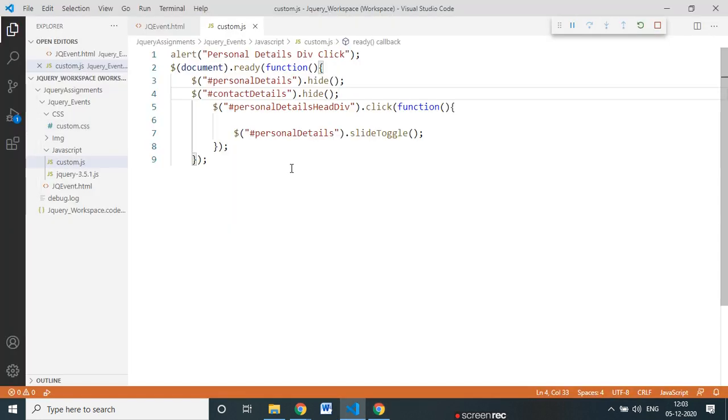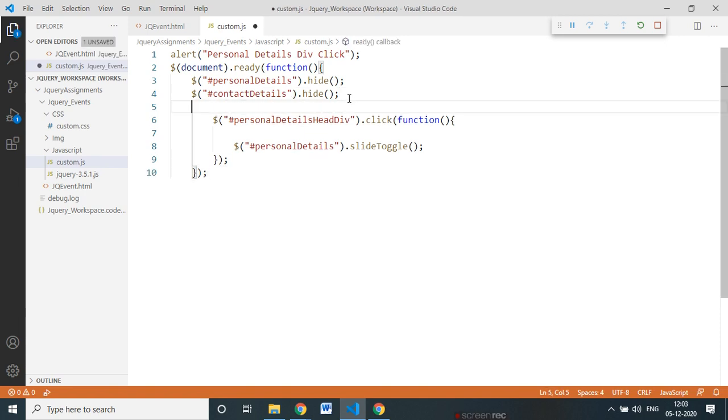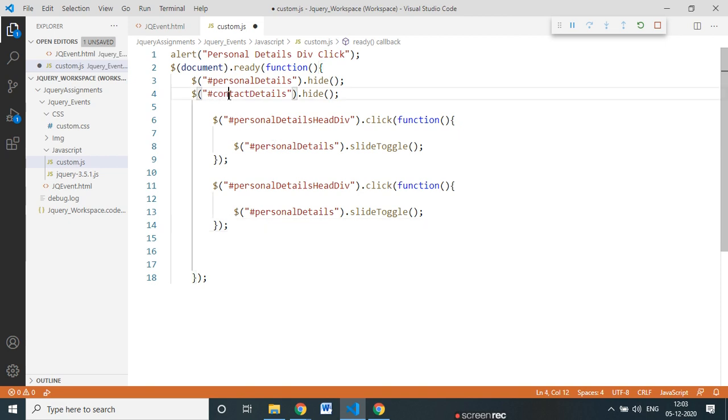Okay, go back, something missing here. Again, now for contact details, we hide the contact details. Again in document dot ready, I copy and paste. Now, once I click on the contact details head, then it will